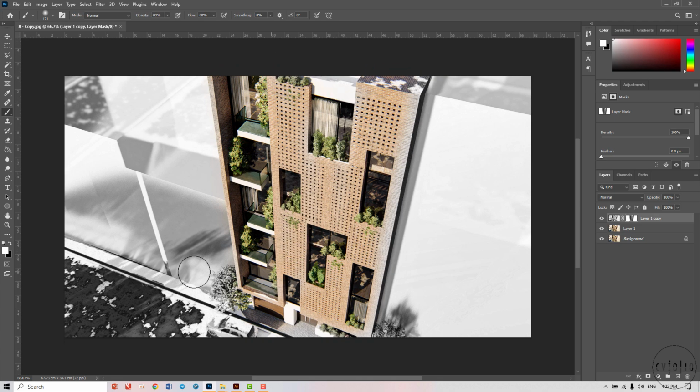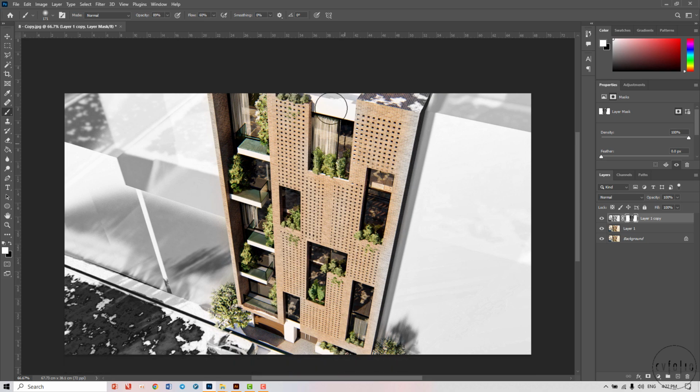Okay, I have my colors a little bit here on the windows. I like these reflections on the windows, on the balconies. This tree here and another one here. Okay,